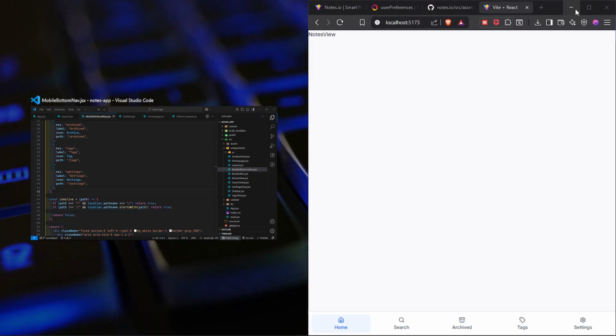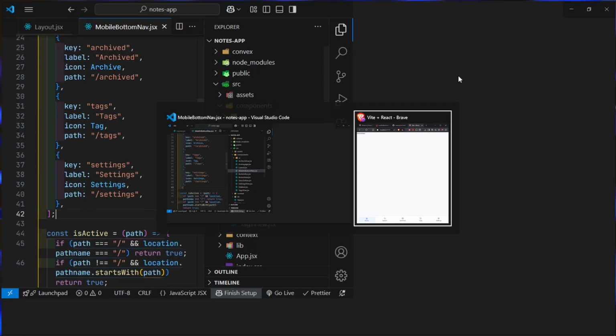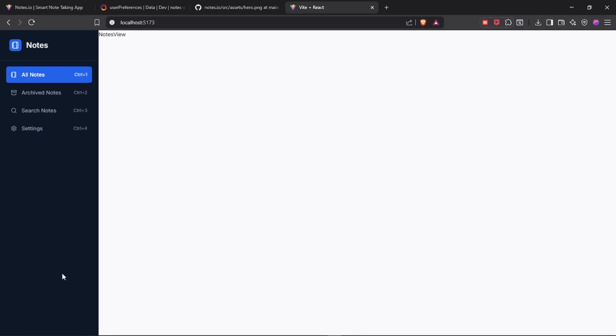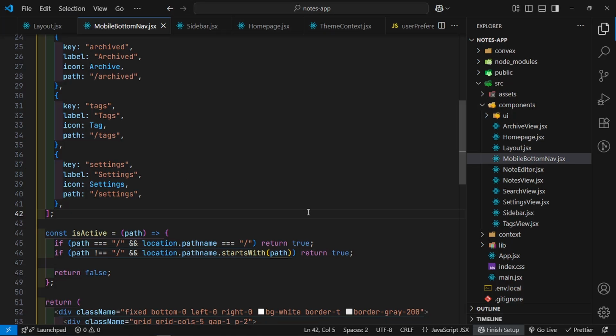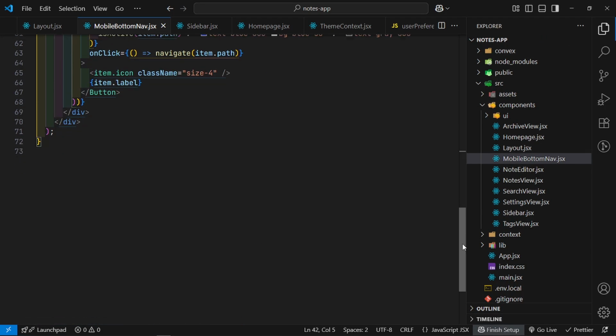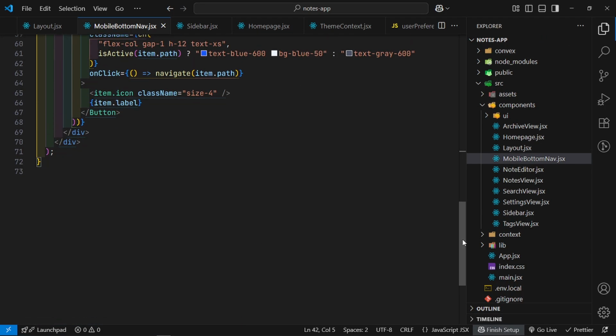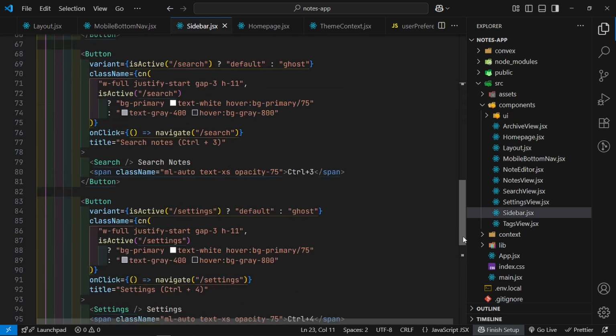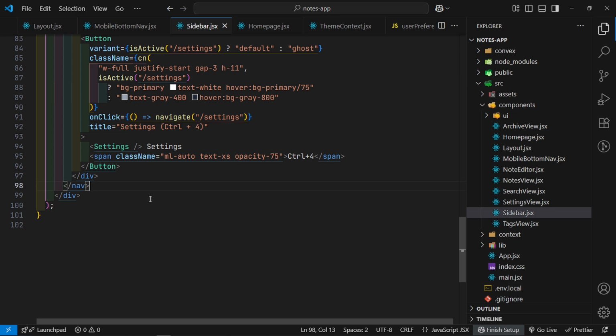But now we need to go ahead and build out the tags section as well as our logout button. So let's start with our logout button, because our logout does not require Convex functions. So you're going to go below the nav element right here. Below that, we're going to have a div, the